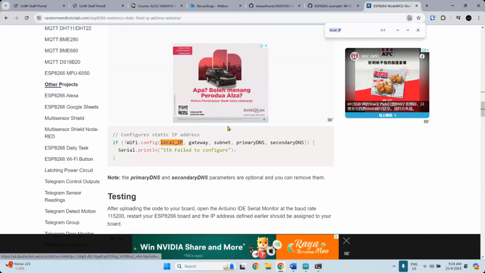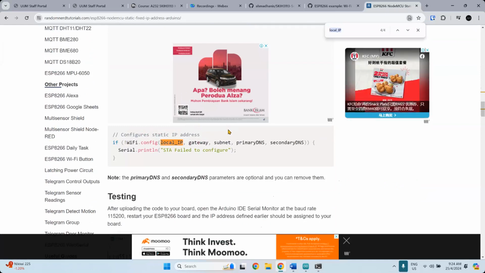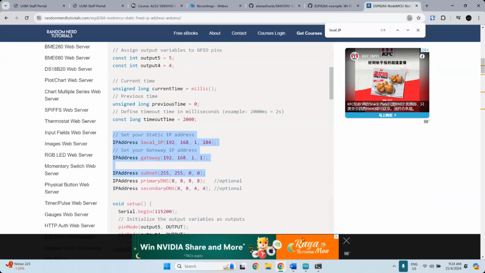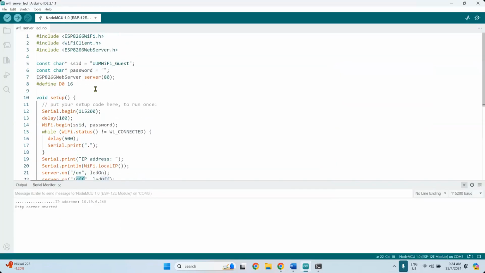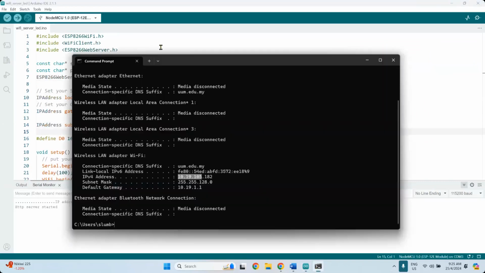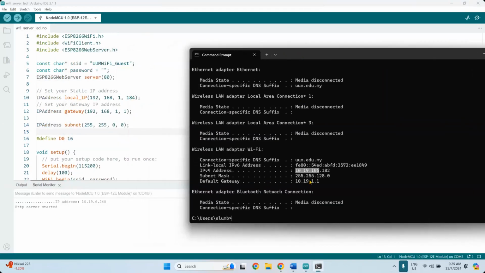WiFi config. Oh, I need to provide all the information, like this one. So if I want to set the local IP address, I need all these, all the subnet and everything, and then override them. But I need to know the IP address for now.